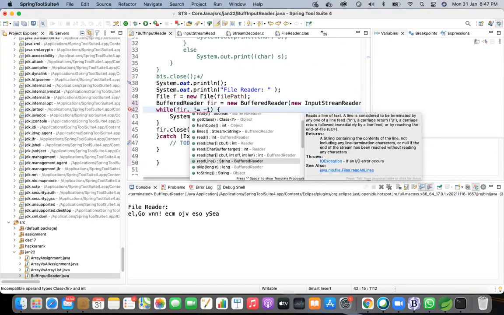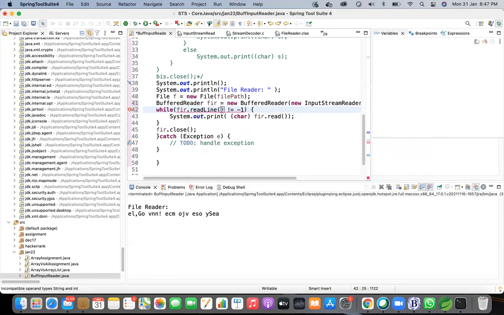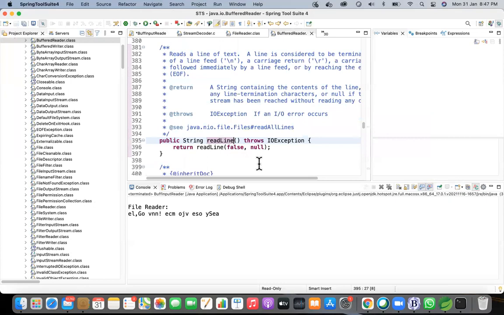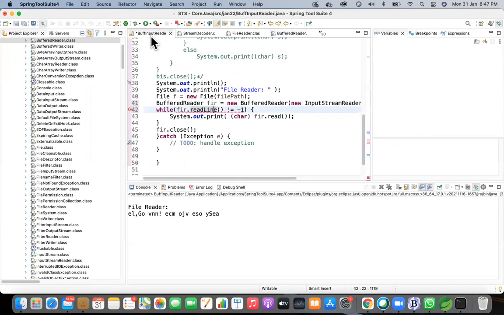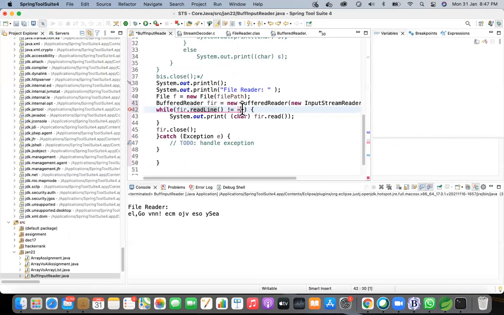Read line. Yeah. So the difference is that earlier you were taking only a few characters and typecasting it. Now you'll get the entire line in string format itself. So here you can just cross-check whether the string is empty or not. String is an object, so you don't need to check it against null -1. You can still check whether the object is present or not as null. So only if it is not null, you're going to fetch the data from it.